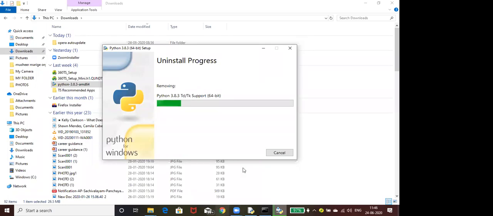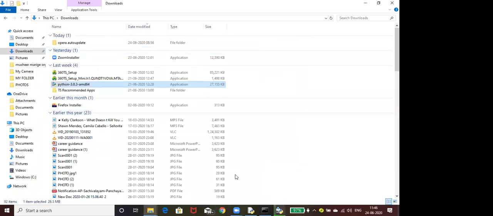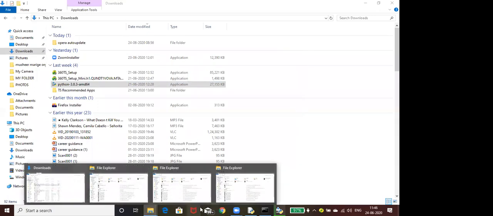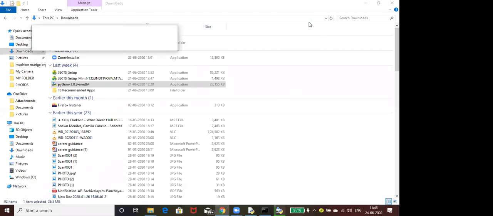Minimize the uninstallation and download Python 3.7 version. Open the browser and go to the URL python.org. Yeah, you type python.org.